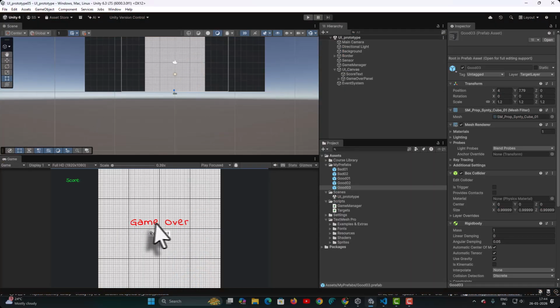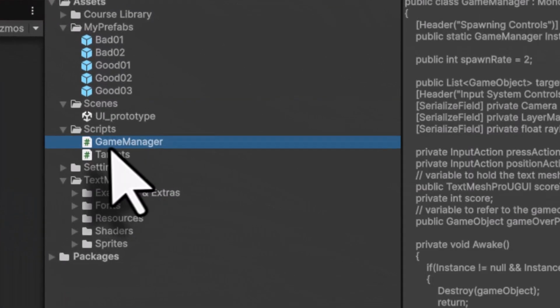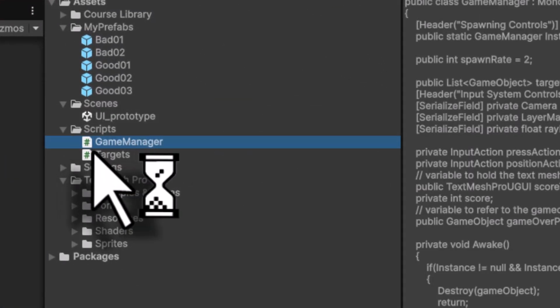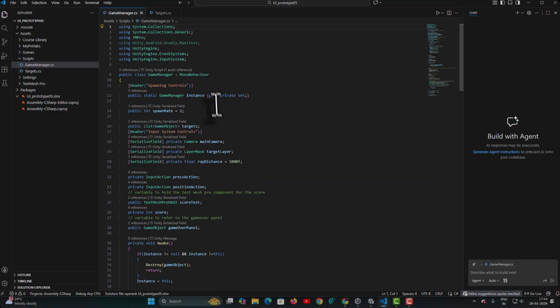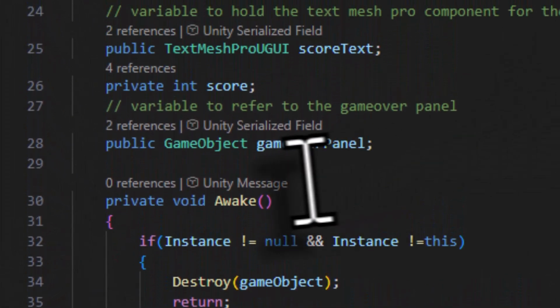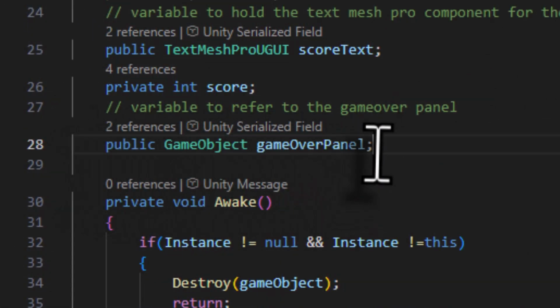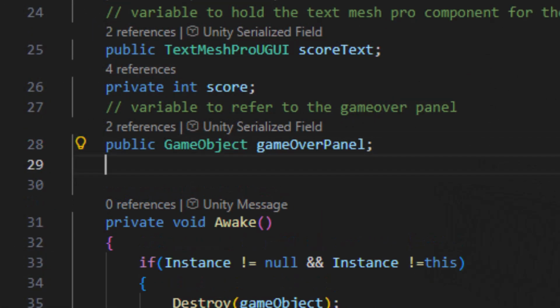When the game is over, I don't want this spawning to happen and also clicking and generating the explosion. None of this should work when this game over screen appears. So to apply this logic, I am now going to come into my GameManager, double click to open this. I will come into these lines, and after this GameObject GameOverPanel, press enter, add 2 forward slashes, a variable